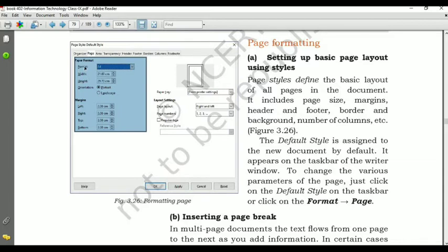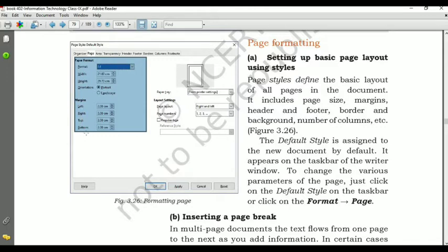First is the page format. Format means either we will use A4, A3, A2, B3, B4, Letter, or like this. These are the different types of formats. Then the width of the page, the height of the page, then the orientation of the page, like portrait or landscape. The difference between portrait and landscape is that in portrait view the length is more than its breadth, whereas in landscape mode the breadth is more than its length. Clear?